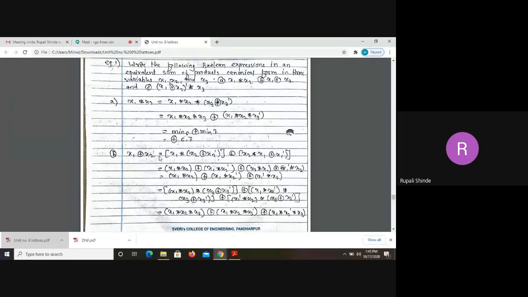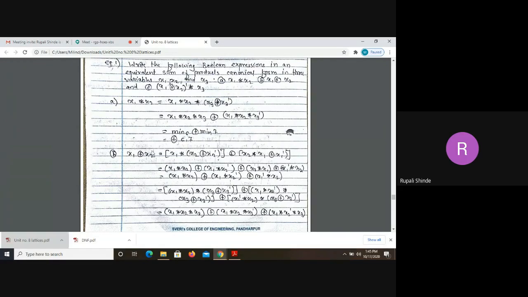So all the time you have to first consider missing variables. So consider first term, that is x1. For this x1, two variables are missing, x2 and x3. Out of these two variables, first variable we are going to add, and that is x2. So how we can add it? x1 star (x2 XOR x2 complement). Again, the effect of this term is nothing. That's why we can add it.